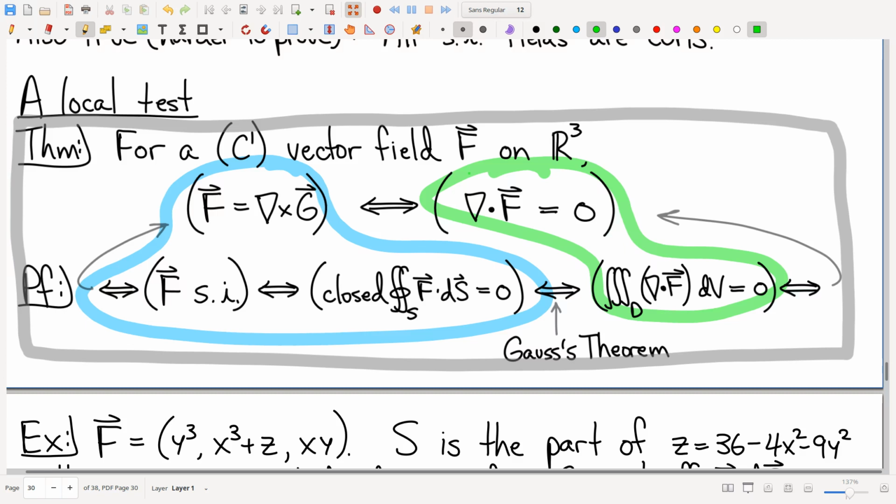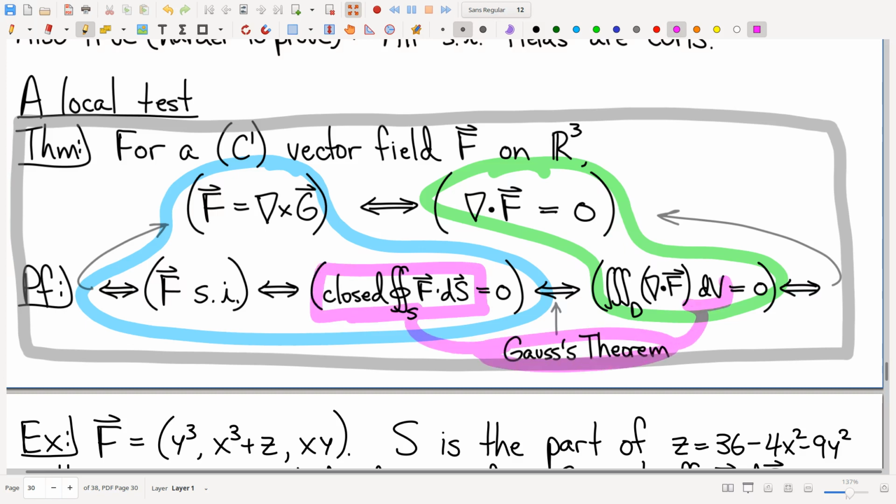Okay, so how are we going to relate? How are we going to make a local test? How are we going to connect these dots? How am I going to connect being a curl with divergence being 0? And the connection, again, you can just follow the pattern on the page,